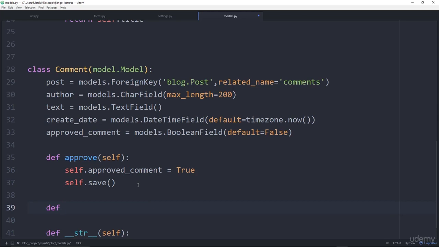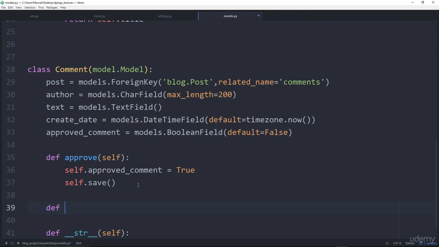Instead, what we're going to do is say, once that person is done typing in that comment, they're going to go back to the list of all the posts. It's kind of up to you what you think is most reasonable. Maybe you could have them go back to the actual post detail itself, but since the comment actually needs to be approved before displaying there, we'll have it go back to that main home page of